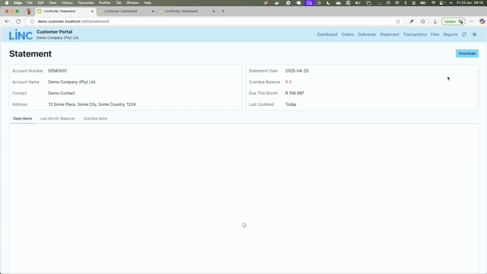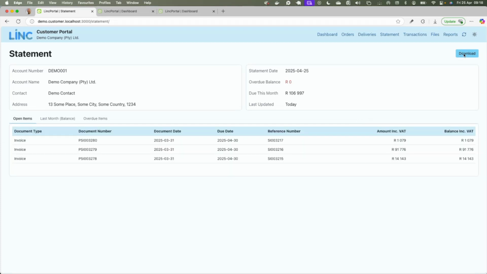And then there is this option here, this download button. This download button will download the last statement you generated for your customer in BC and was attached to their customer record. Now we have a function in Business Central that when you do your month-end statement runs, either instead of or in addition to sending out your statements to all your customers in bulk, that function will run the statement per customer and attach that statement to the customer card as the latest statement.